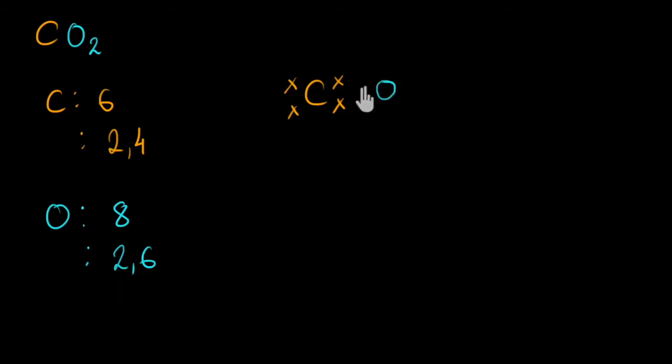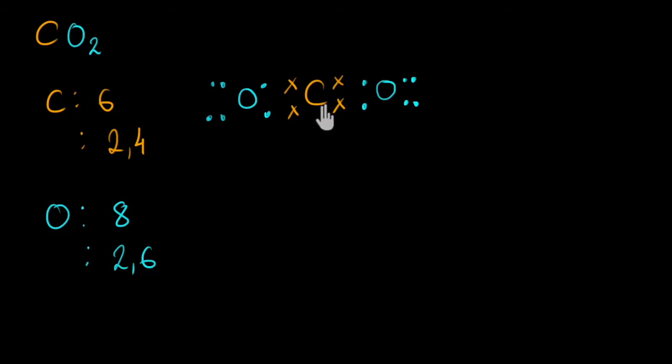That means 6 electrons in its outermost shell. So here is my oxygen: 1, 2, 3, 4, 5, 6 electrons. One more oxygen: 1, 2, 3, 4, 5, 6. Okay. Now let's look at carbon. See, carbon would like to become more stable, have 8 electrons in its outermost shell. It currently only has 4. That means it needs 4 more electrons.